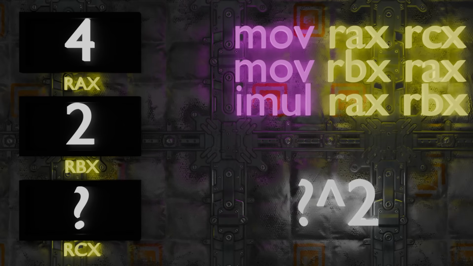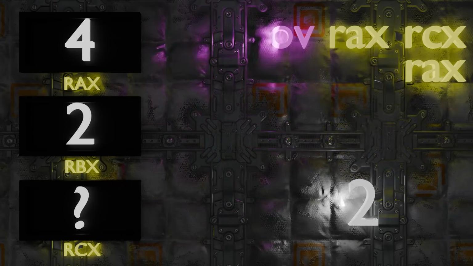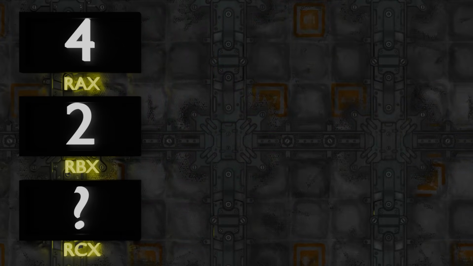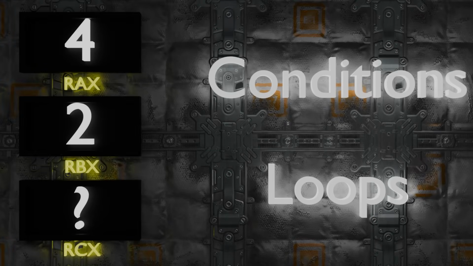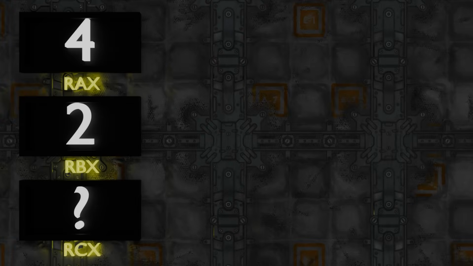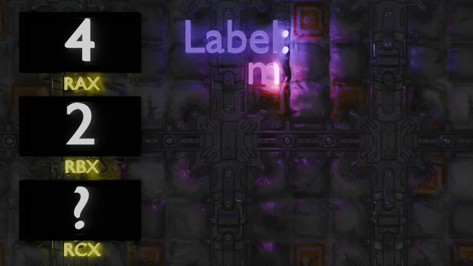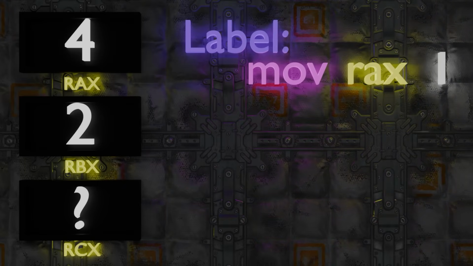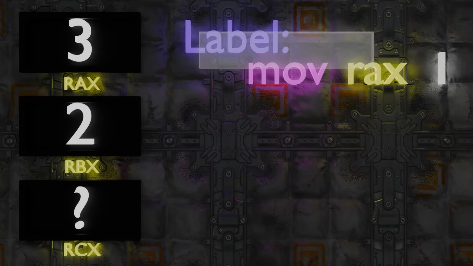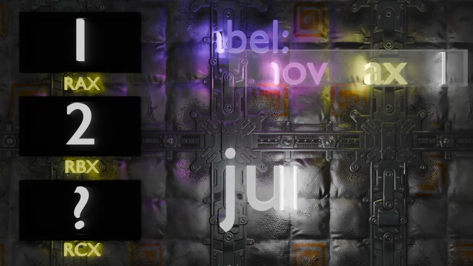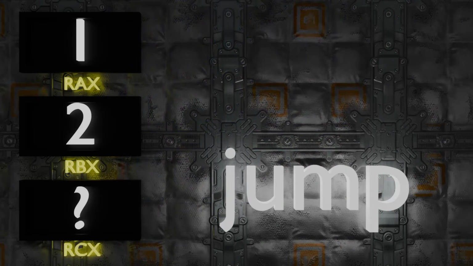Now, that's all neat and good, but there is something else we'll need in order to make our loop work, and that's 2 things actually. Conditions and loops. So how can we achieve those conditions and loops? Well, a loop is simple. In assembly, there are labels. You can just input something with an operation like so, and that actually does nothing on its own. The more you know. But the reason why it's useful is because of the jump operation,